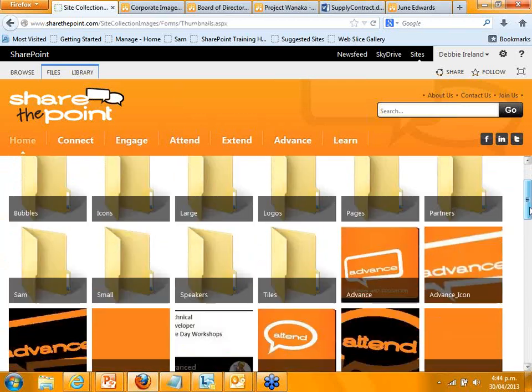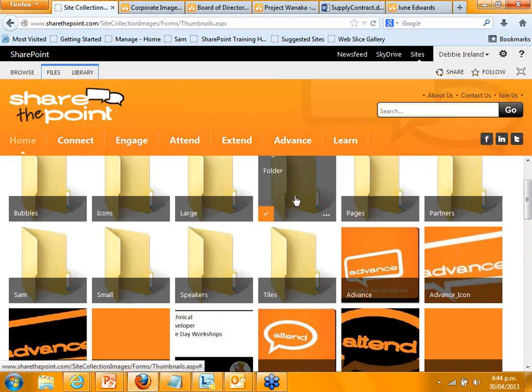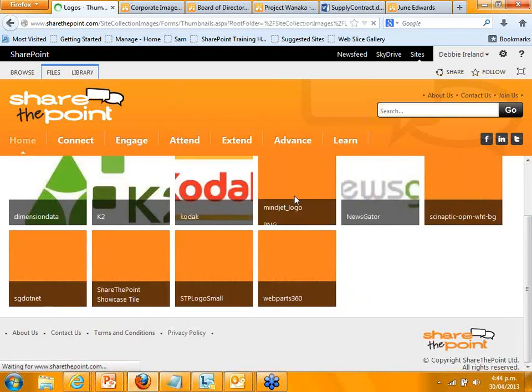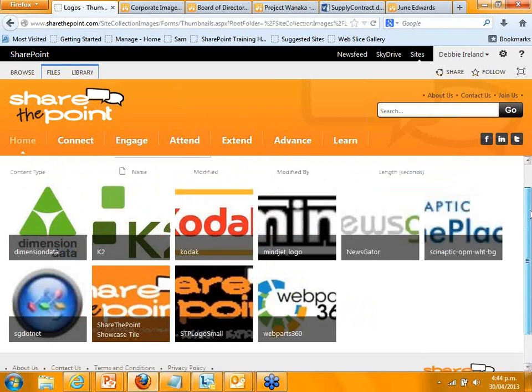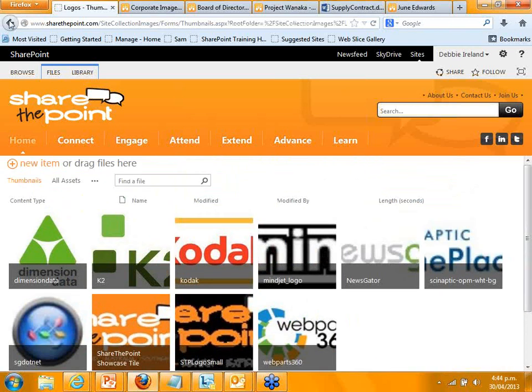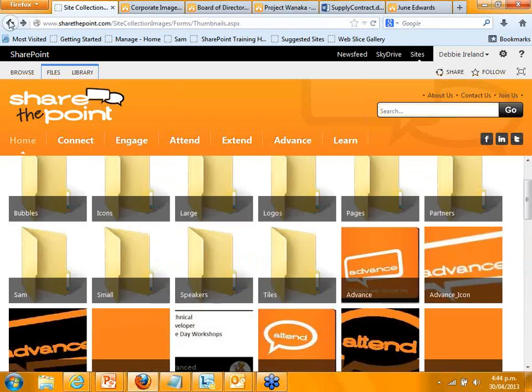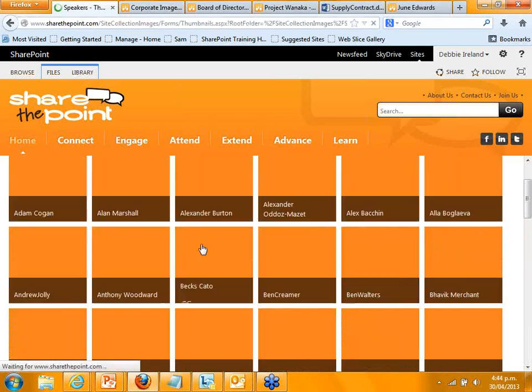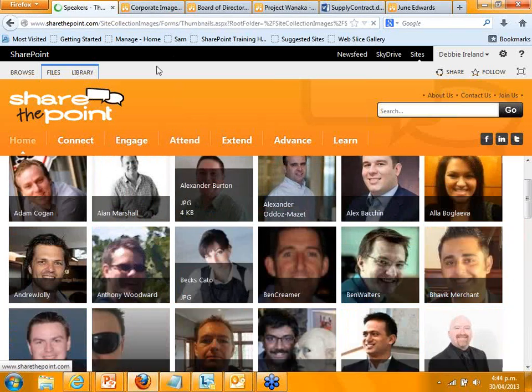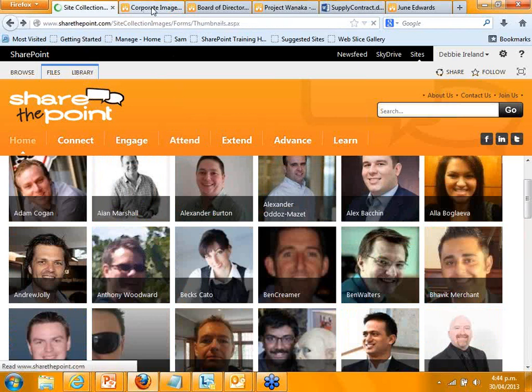So instead of me needing to go and look for a particular image, I know that it will be stored within this website, and I can go to it and I can link to it anywhere else. So it means everyone's using the same corporate logos, or if I have different pictures of people stored on our site, then they're all going to be stored in the same place and so on.